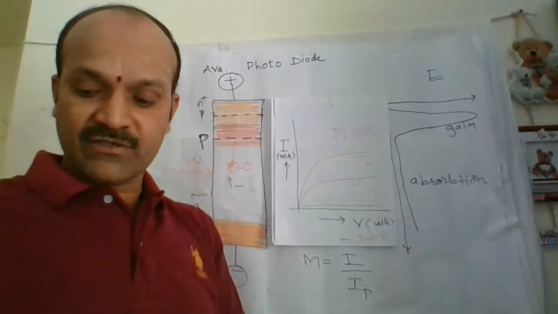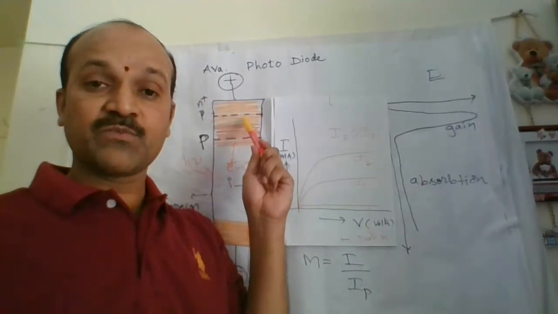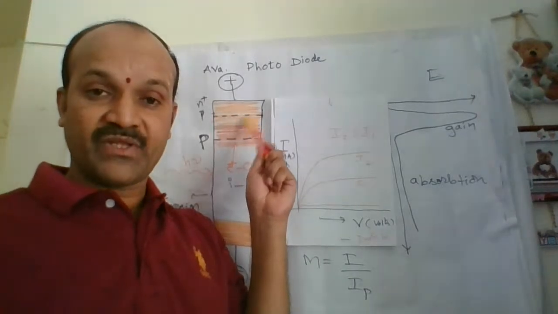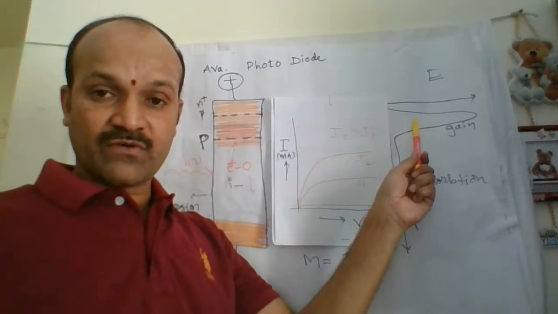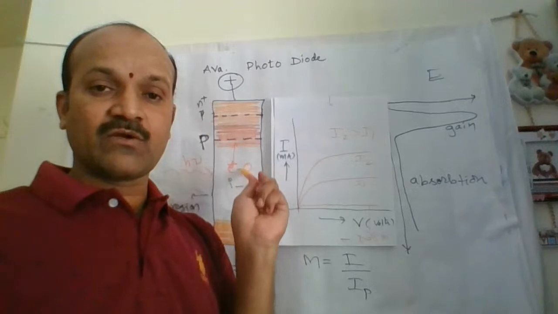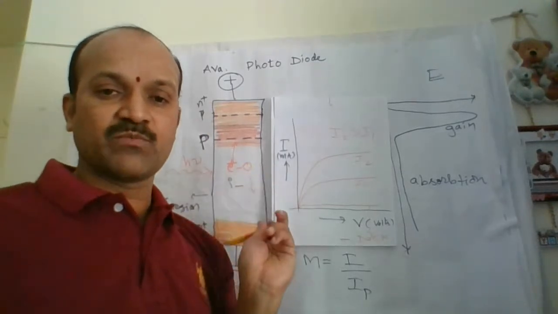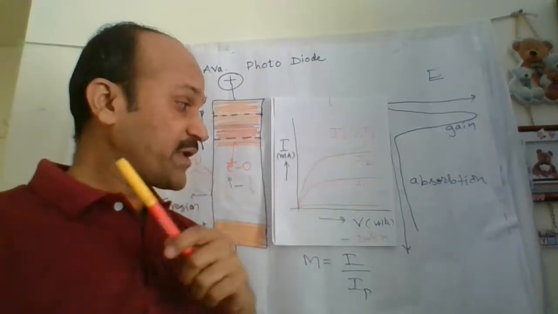Only this part is active in that case. In the avalanche photodiode, this part is active. Here only we have most of the maximum forbidden gap, right? And the role of this is very less. This part and this part is very less. But whereas in case of PIN diode,